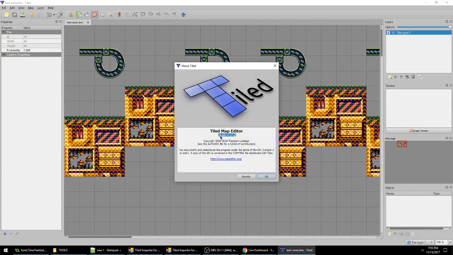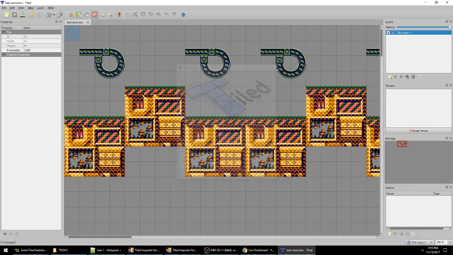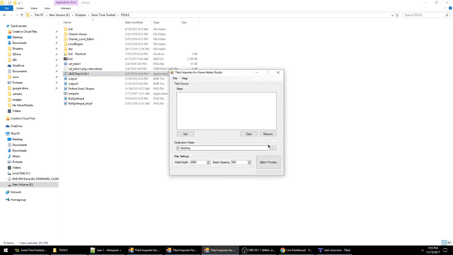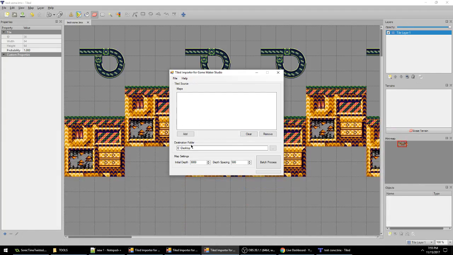So the version you need for the Tiled editor is 0.717. I'll link to this too because they're beyond this version now, and like I said, the new version won't work. So you need that version of Tiled, and you need this little GameMaker Studio utility. I forget the name of the guy who made this, but I'll link to it and credit him in the description. So I'm going to go ahead and add This is a little converter, so it's going to convert